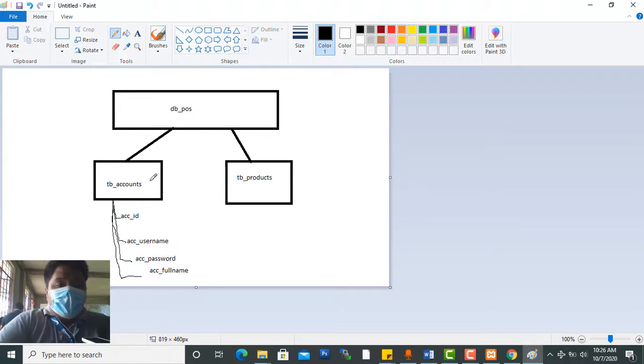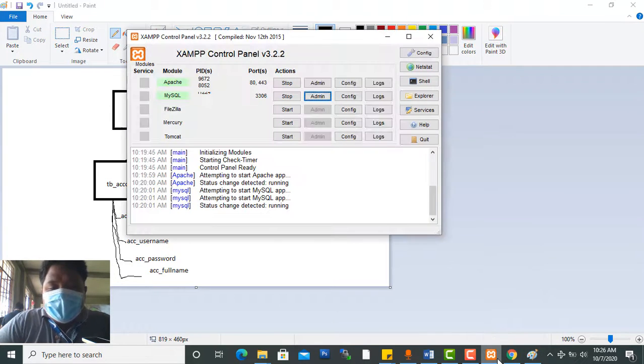Okay, so this will be your overview for your database. Okay, so here in my database I have two tables, the products and then accounts, and then inside my accounts I have fields like ID, username, password, and then phone. So let's create this one inside our